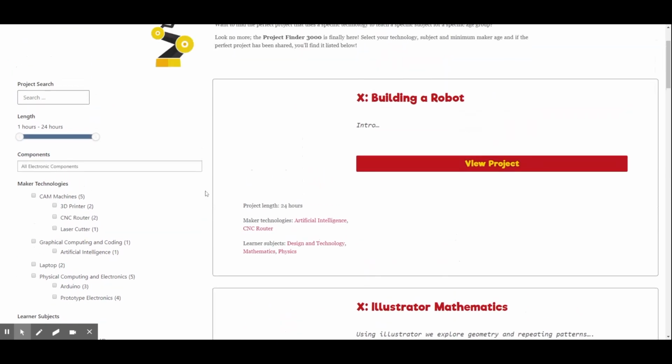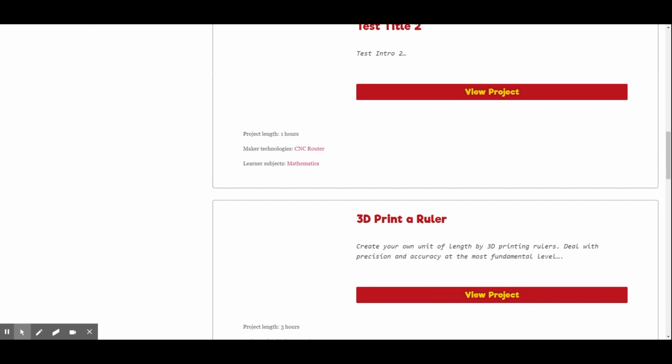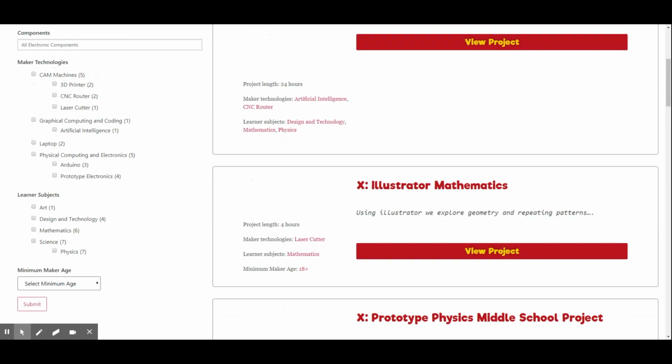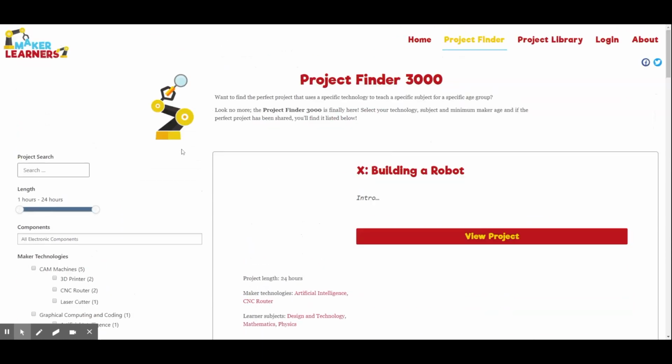Personally, I love how this works, and as we populate with more and more projects, I'm hoping the functionality stays just as fluid as it is right now. Now, if you want to contribute to the site, and I beg of you to do so that we can really get this moving. Click on the login button on the toolbar at the top there,